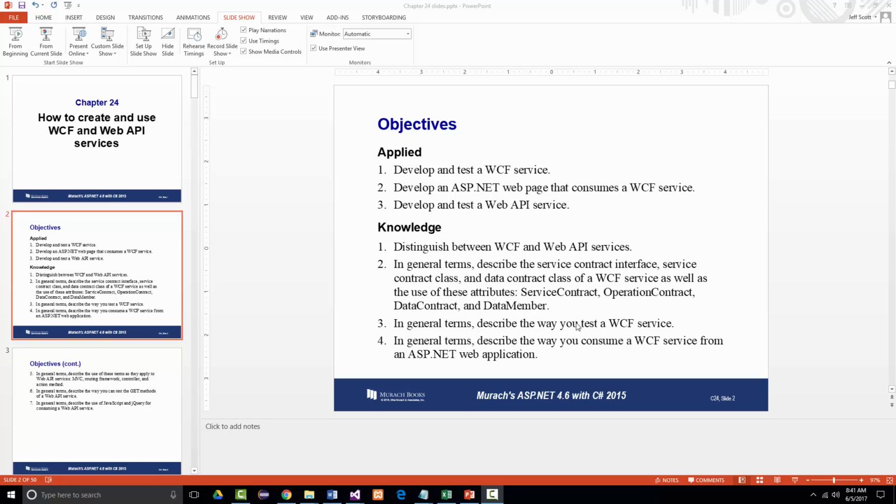In general terms, describe the service contract interface, service contract class, and data contract class of a WCF service, as well as the use of the service contract, operation contract, data contract, and data member attributes. In general terms, describe the way you would test a WCF service. In general terms, describe the way you would consume a WCF service from an